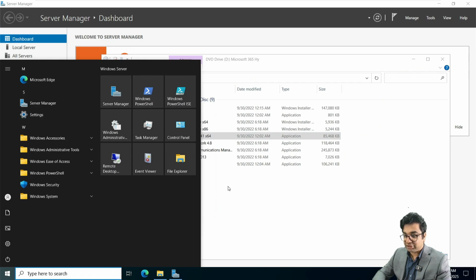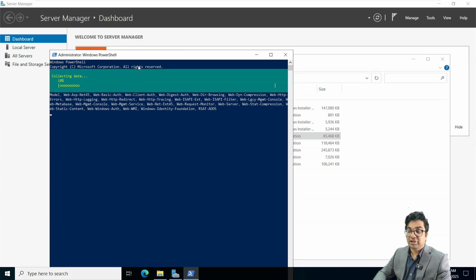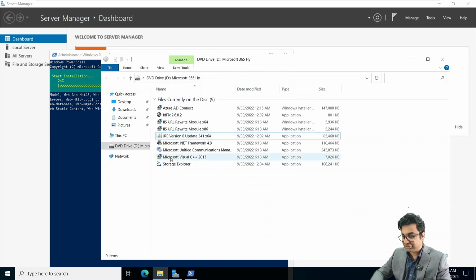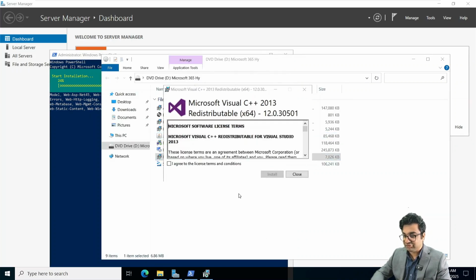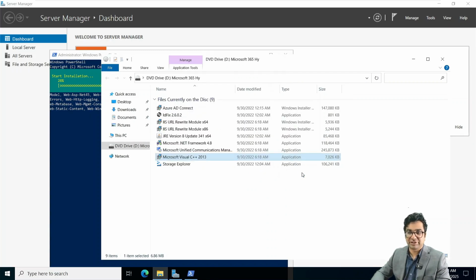I'm going to open my PowerShell and I'm going to copy and paste the big command from my personal documents there, as you can see here. So now I'll just quickly install all the prerequisites, restart this computer, and then we'll pick up from the Exchange server installation part. So just keep an eye out for this. These are the same exact steps that we do. So while this is installing, I'm going to start with Microsoft Visual C++ 2013 install. So let me quickly do all the necessary prerequisites and then we'll pick up when we are installing the Exchange